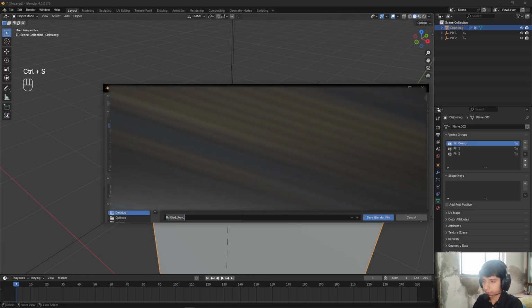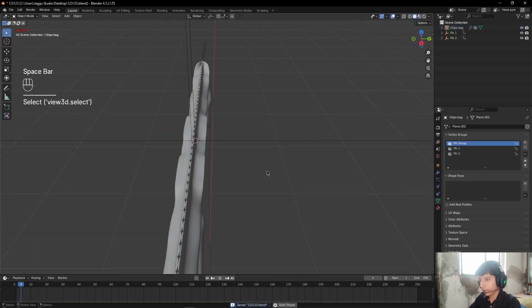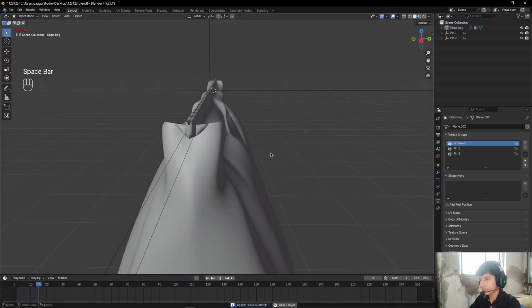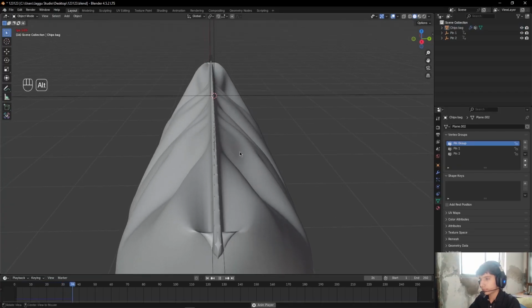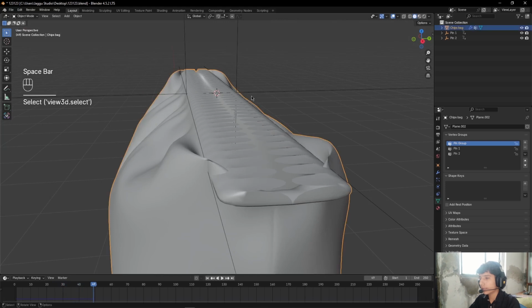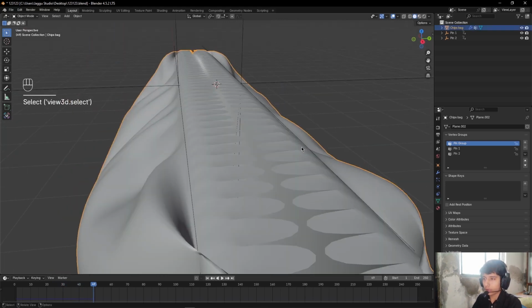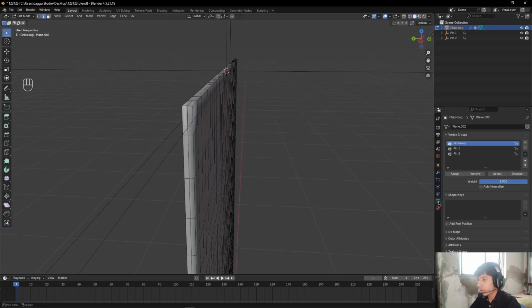Save the file now. Press play. If you guys see something like this, so to fix this issue, go into edit mode, then come to object